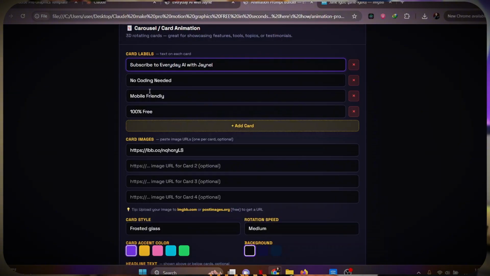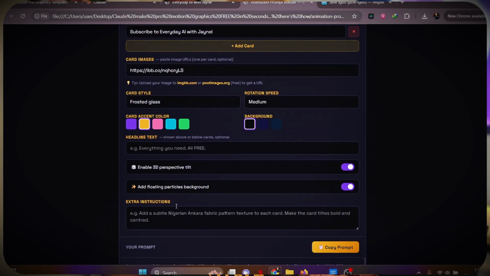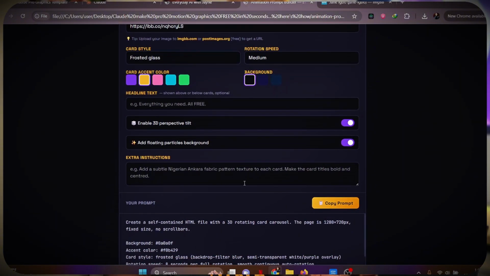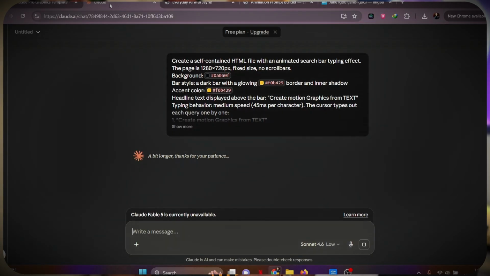Right. So I don't want to fill any of all these other ones. I can just delete it. If I want to add more, I can just add it. For this one, I'm going to leave it like that, and I'm going to put the accent color to yellow. And it asks here, enable 3D perspective tilt. I said yes. If there's any headline text you want to write, you can add that. If you want to add a floating particle background, I said yes. If there's any other thing you want to add, I'm going to click copy prompt here, and then we're going to go back to